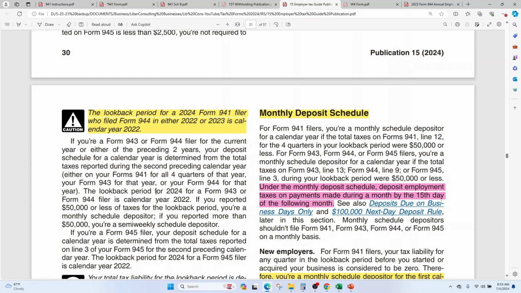So the look back period for 2024 for a Form 943 or Form 944 filer is calendar year 2022. So if you report $50,000 or less of tax for the look back period, you are a monthly deposit scheduler. If you report more than $50,000, you are a semi-weekly depositor, and that'll be for Form 944 filers. But if you are filing Form 941,